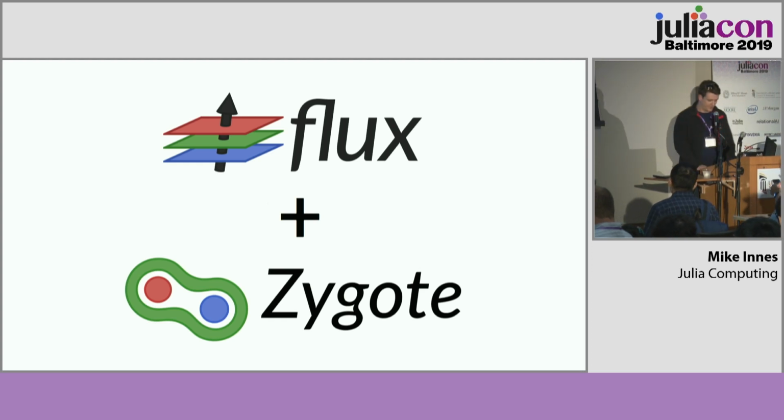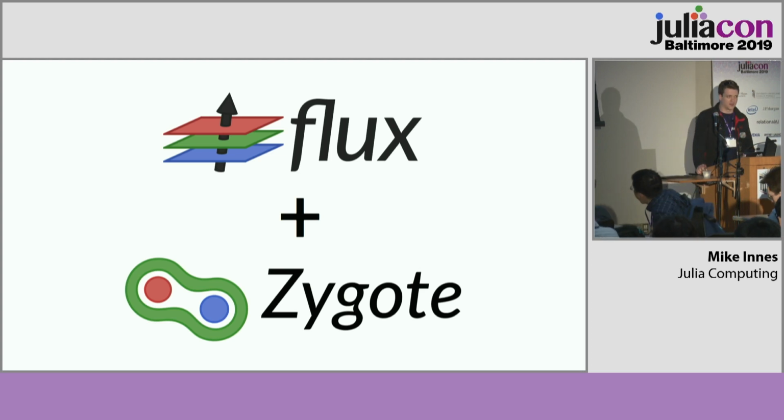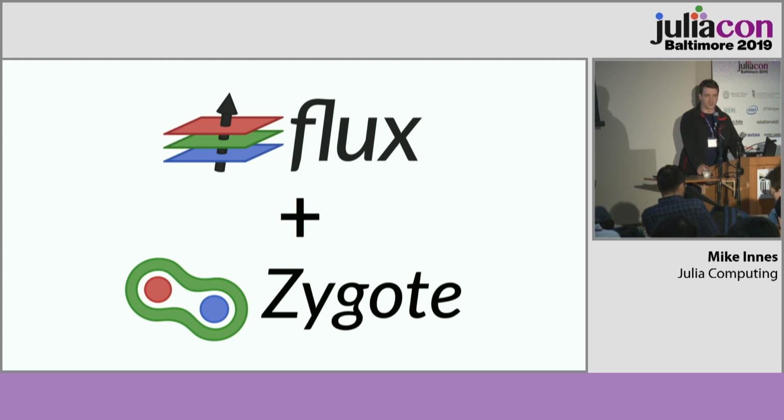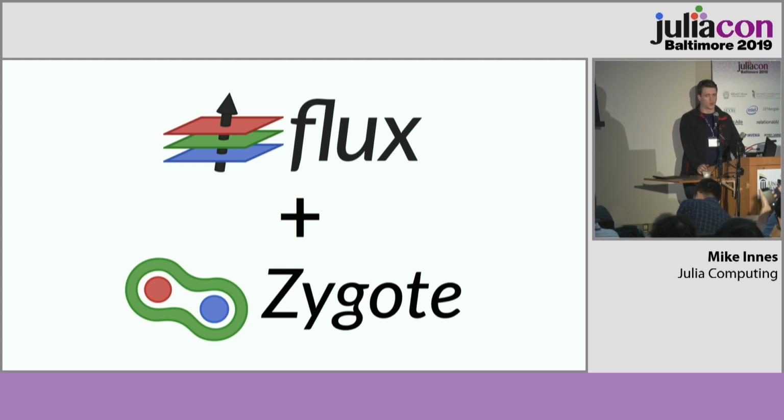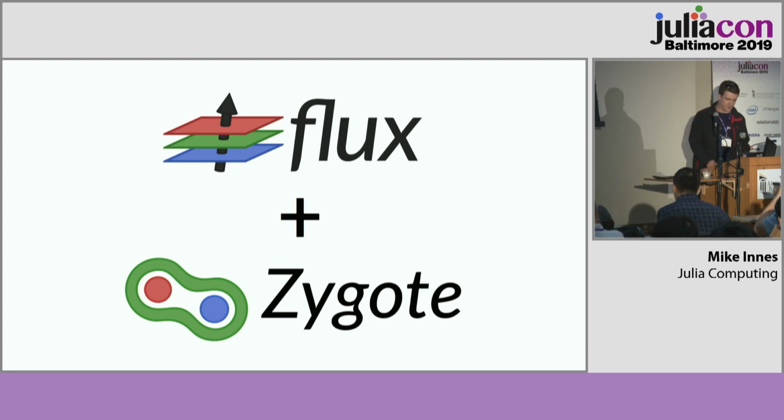Okay, cool. So this is a talk about Flux, which is a machine learning library, which hopefully some of you have heard of. If you haven't heard of it, this talk might be confusing. I'm sorry about that. It's also a talk about Zygote, which is the new automatic differentiation tool, which we're now bringing into Flux officially. So I announced Zygote last year at JuliaCon and probably said something like, we'll have a new AD in Flux in the next few weeks or something. It's been a little bit longer than that,